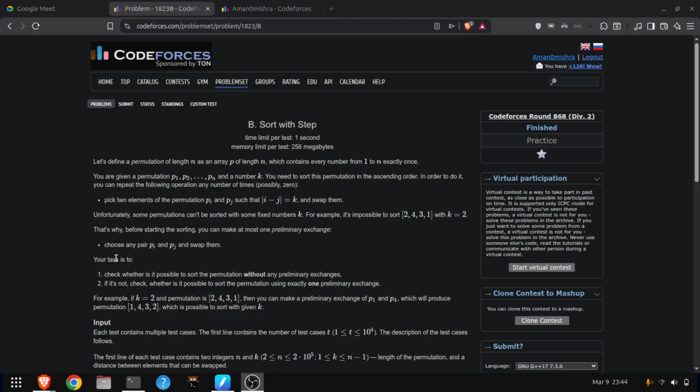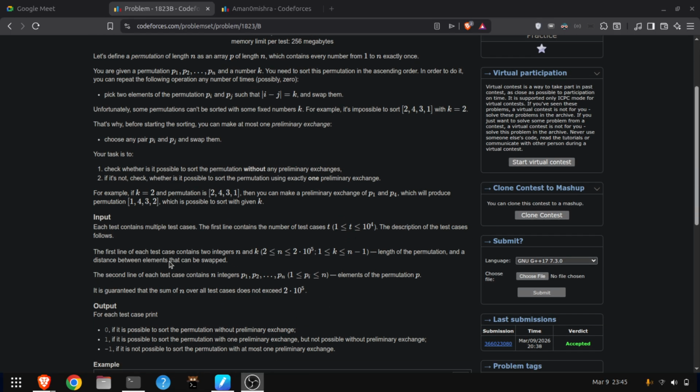That's why before starting the sorting, you can make at most one preliminary exchange. Choose any pair pi and pj and swap them. Your task is to check whether it is possible to sort the permutation without any preliminary exchange. If it's not, check whether it is possible to sort the permutation using exactly one preliminary exchange. For example, if k is equal to 2 and the permutation is 2431, okay, then you can make a preliminary exchange of p1 and p4, which will produce the permutation 1432,